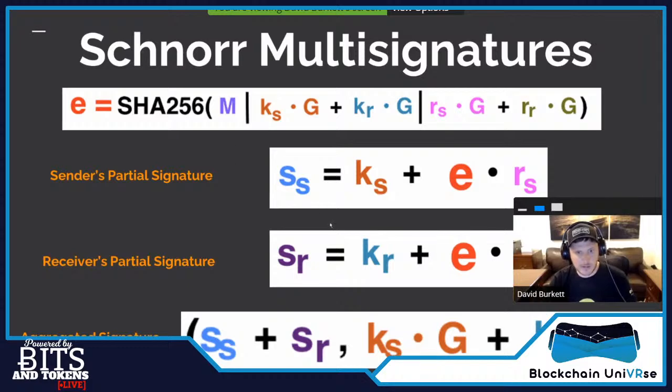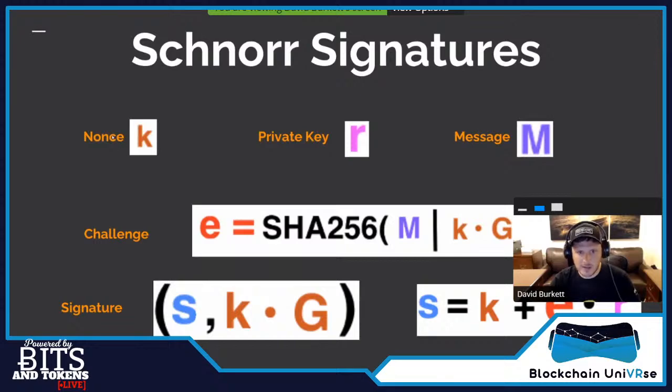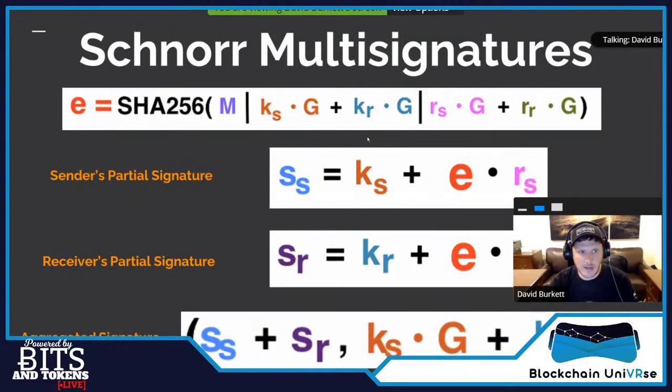And they do it this way. They basically just add them together. They each commit to their public nonce and their public key, just like before. We'll go back a slide if I can. Yeah, so they have their nonce and their private key. They can generate their public key just like before, but they add a few extra things in here where you add your two nonces together when calculating E. And they also include the public keys here when calculating E.